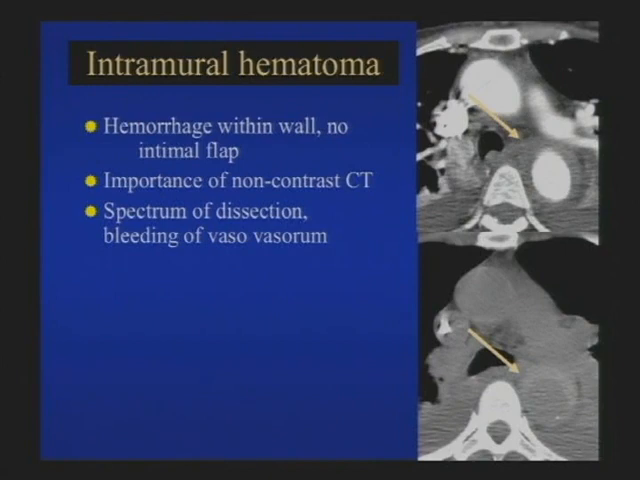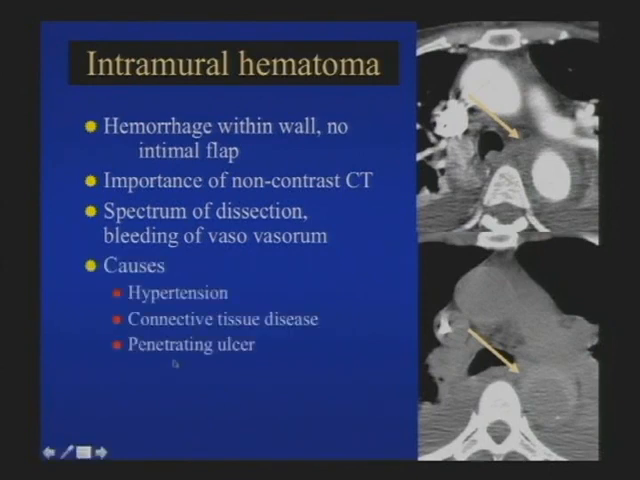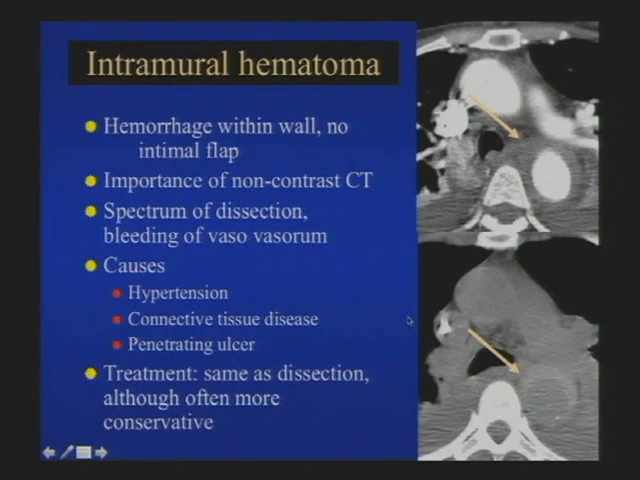So presumably, many patients who ended up as aortic dissection started at some point as intramural hematoma. Most common cause is hypertension. There are some other ones. Connective tissue diseases, penetrating ulcer in particular is not an uncommon cause of both intramural hematoma and dissection. And the treatment is the same as dissection, although particularly for ascending aortic intramural hematoma, surgeons have become much more conservative over the years and tend to treat those more conservatively,